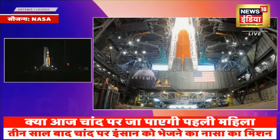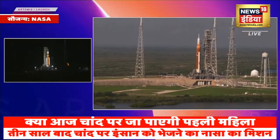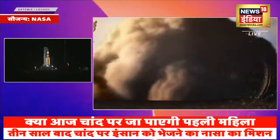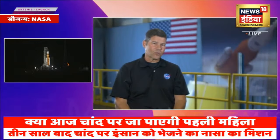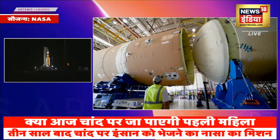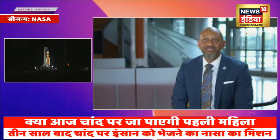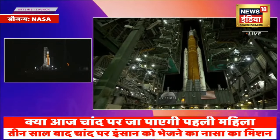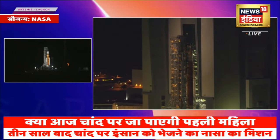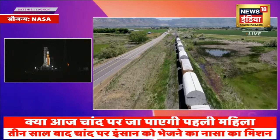It's 322 feet tall. It's got 700,000 gallons of cryogenic propellant in the core stage alone. It can produce 8.8 million pounds of vacuum thrust. The Space Launch System is really a national rocket, a national asset too. We have worked with contractors as well as with our NASA experts, our Science and Engineering Department, our Safety and Mission Assurance team. To get the Space Launch System designed, developed, and produced, it has taken thousands of companies across the country. It comes together by train, it comes